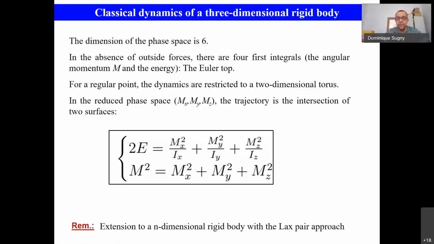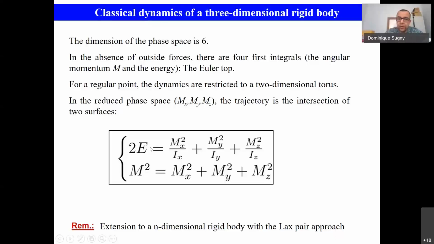With this reduced phase space, we don't have all the information about the dynamics, but it gives a part of this information. And the interesting point is that in this space we have two constants of motion. The energy of rotational dynamics, which is given